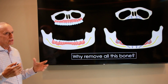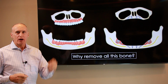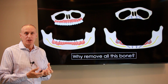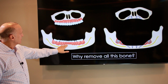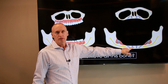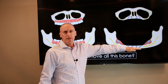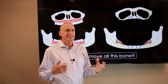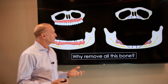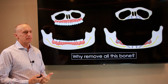So again, I just want to make sure that I'm showing you every angle, every image, every graphic that it may take for you to understand what's about to happen to you if you get All-On-4. You have bone like this, and within a few hours, this is you. So you come in with some or all of your teeth, 3 hours later, this is the new you. Does that seem like something that is right? Does that seem like something that you would sign up for knowingly? Well,